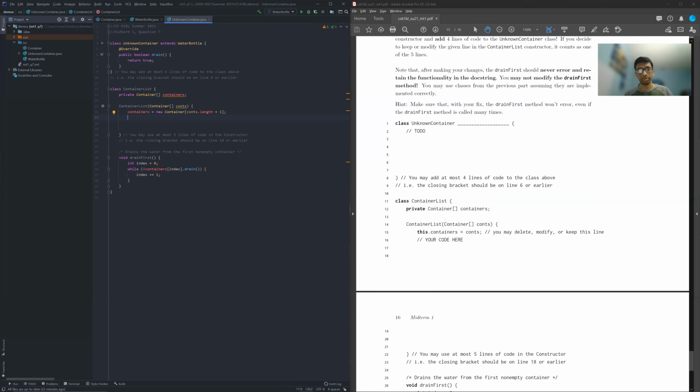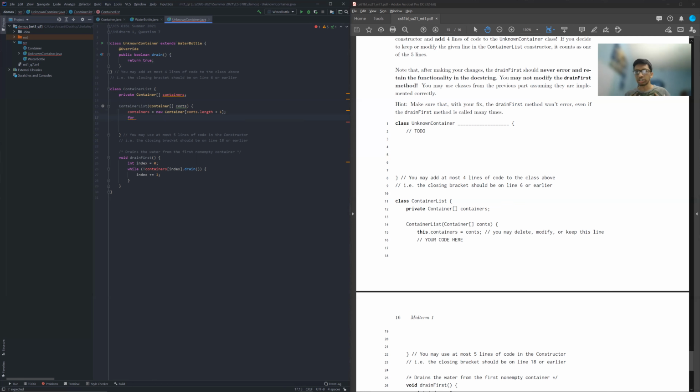Now, one question that might come up is, why am I copying everything? Why can't I just do const then increase it by 1? Well, arrays can't change size. It's not an array list, right? Lists can change size, you can add, you can remove, you can do all those fancy things, but you can't do that with an array. Array is easy to access, but it comes at that cost of you can't really change the size of it. So that's why we're going to go ahead and copy.